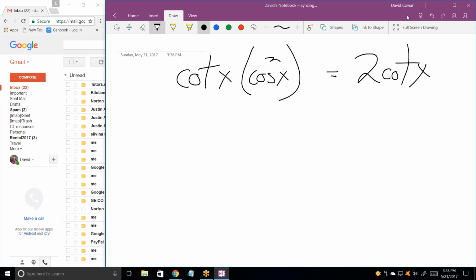Because if 0 is one of the answers, you're going to lose it. Always. You lose it 100% of the time. So that's not the way to solve this. The way to solve it is to subtract this from both sides. So I end up with